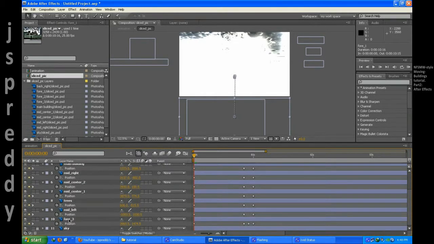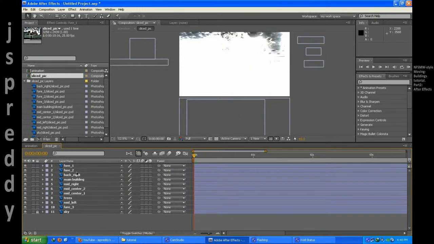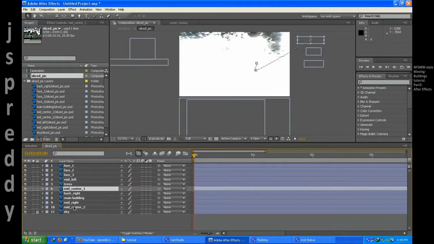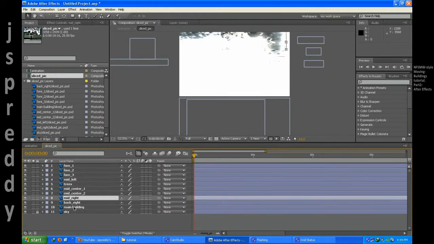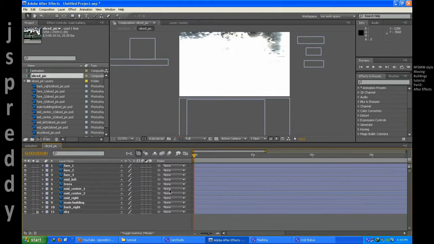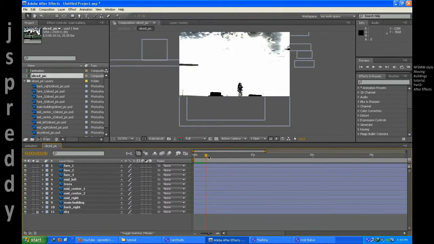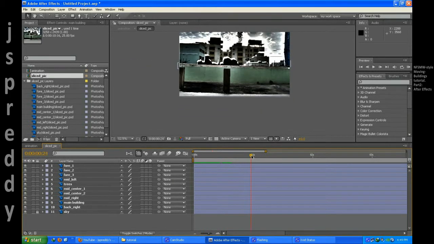We'll just turn off these positions, I mean, close them for now. Okay, foreground 3 is the next one. Mid left is after that. Trees come after that. Mid center after the trees. Mid center 2 after 1. Mid right. Main building and back right. So now we can see kind of a better thing going on here,